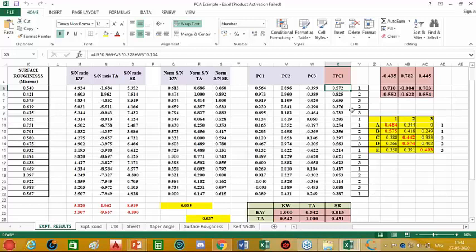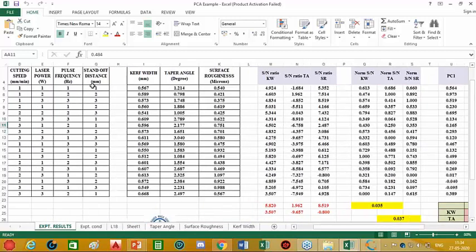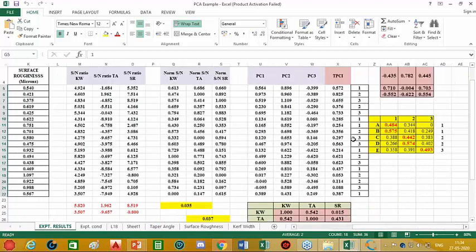In the Taguchi method, for a particular factor, we consider particular levels and take the average of them in order to get the average SN ratio. So here we will be finding the average TPCI for each level. For example, this is the level values for the last factor.